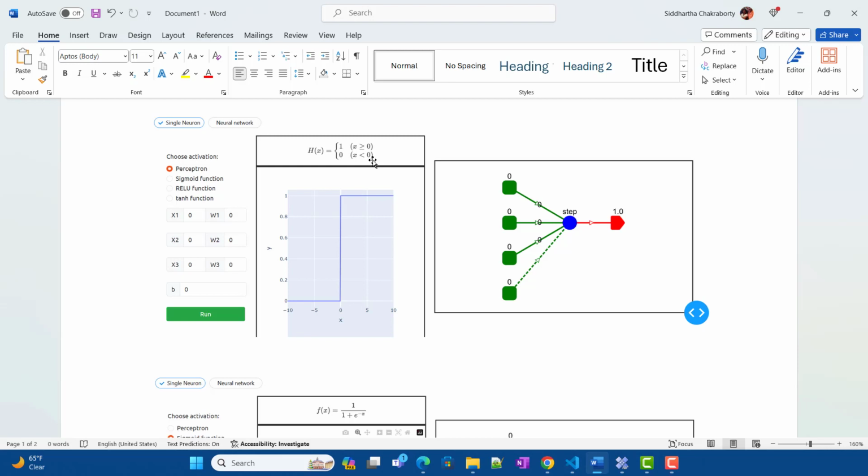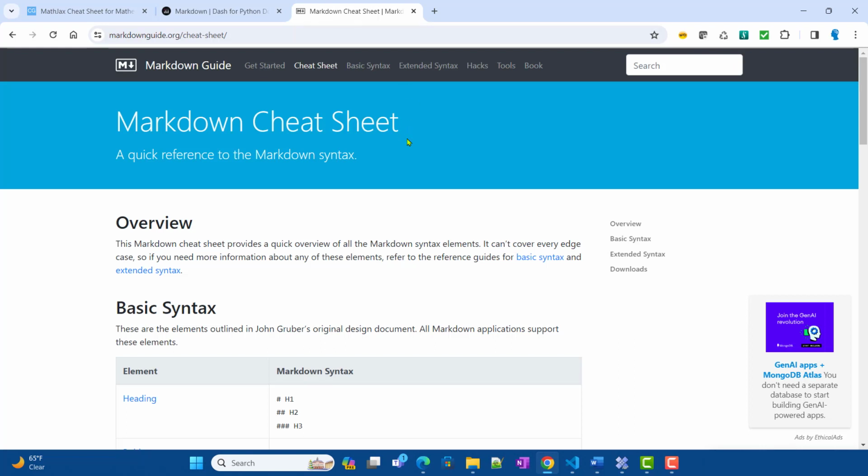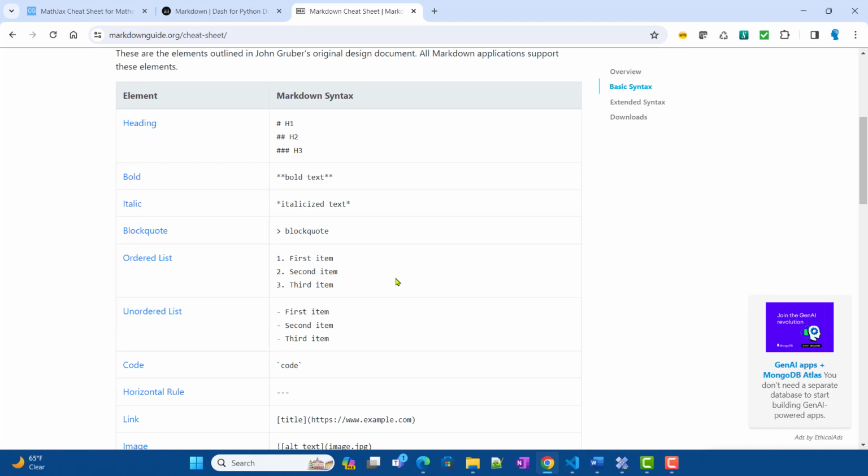Okay, now in Dash, how to display LaTeX, that will be my problem statement now, right? Dash has, in the Dash core components, a component called Markdown, which is basically used to display markdown. Now if you want to know what markdown is, it's basically another language to format